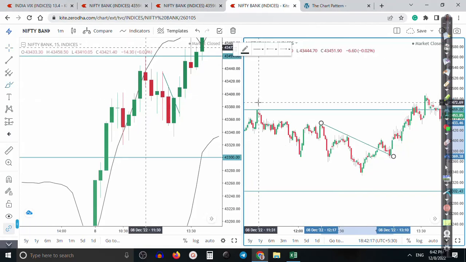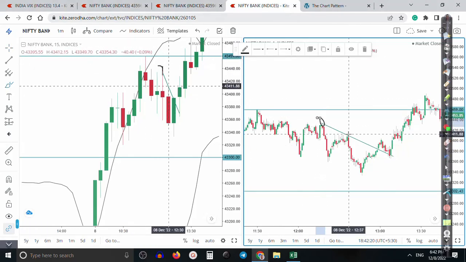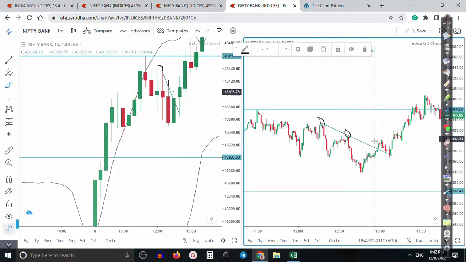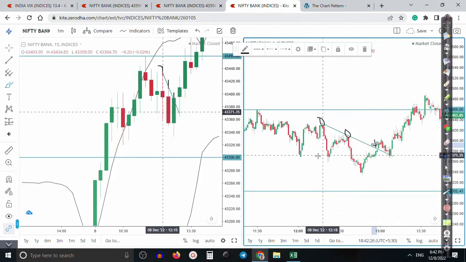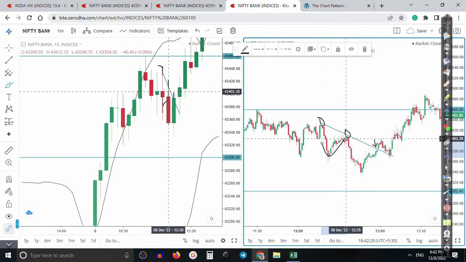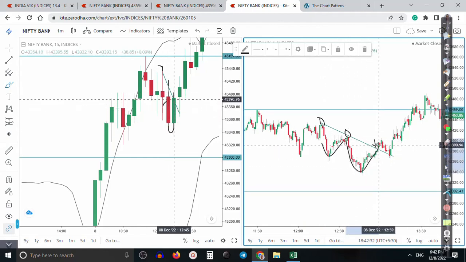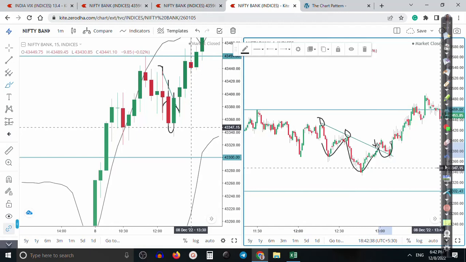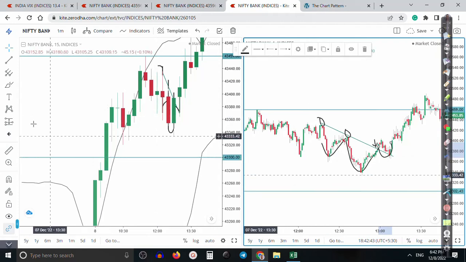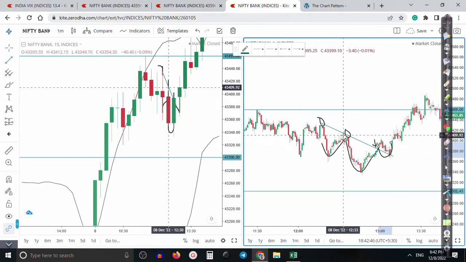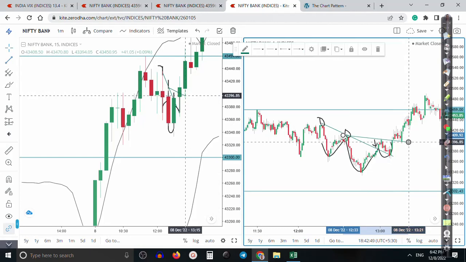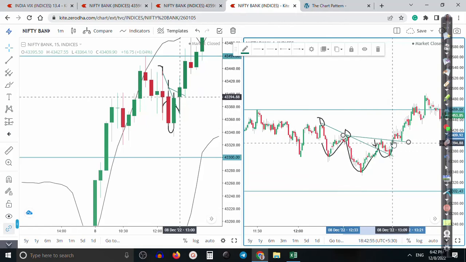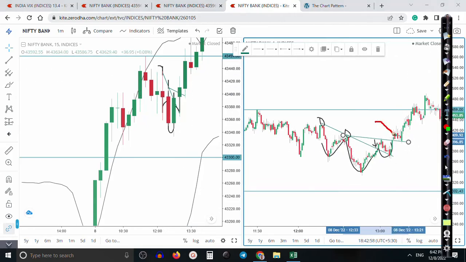Yeah, so first here I can see this point, and finally broke this point. All right, so another here, left shoulder, head, left shoulder. All right, so I connected these 2 points. So later I connected these 2 points and another point, this higher point. I connected somewhere like that. This is a neckline. So finally, price broke this neckline and gave a pullback, and exactly we enter somewhere here,